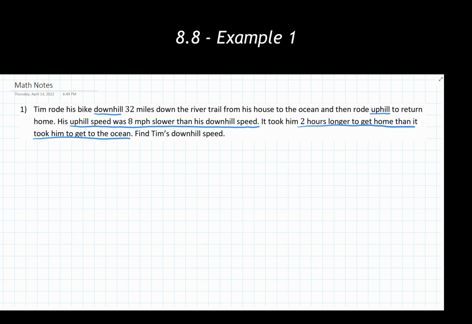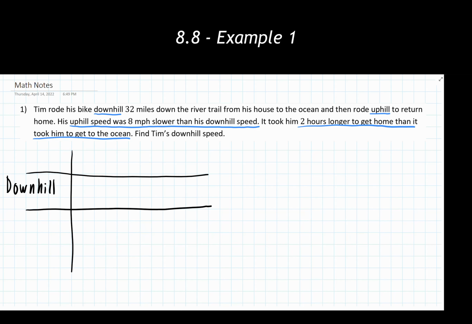So right there, again, with my 2 scenarios, one going downhill, one going uphill, 2 separate sets of things are happening. Now, I personally don't think it's very easy to keep track of all of that just in our heads, so I would invite you to make a little bit of a table and let's start organizing our work a little bit. So we have 2 scenarios showing up. We have the instance where we're going downhill, and we have the instance where we're going uphill.